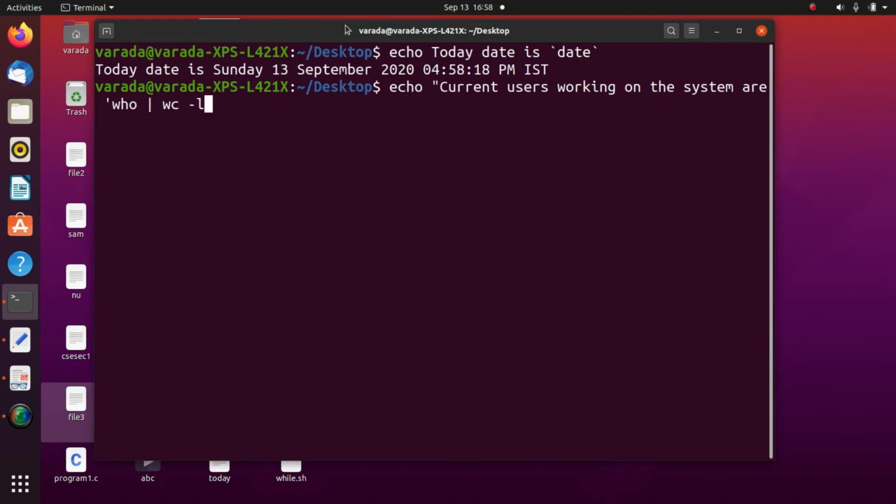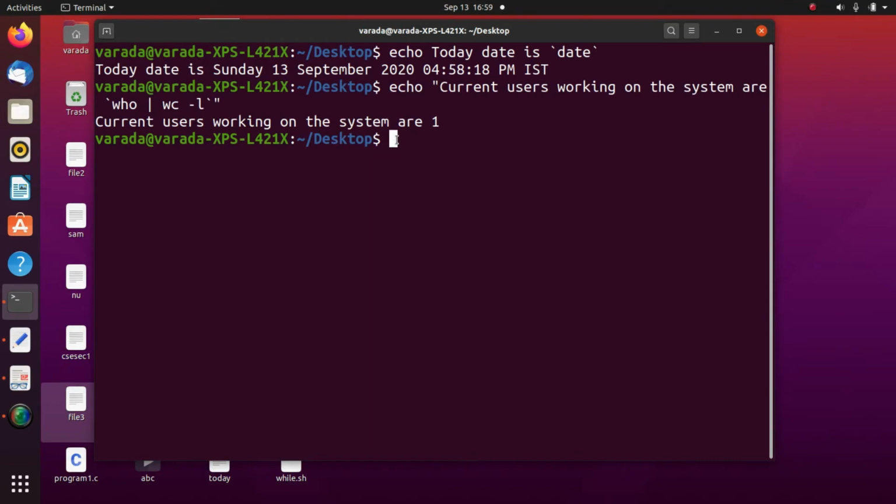I want to know the number of users, meaning the number of lines. Sorry, here we are using backquotes, and then the double quotation mark. That's it. The current users working on the system are 1. Currently I am the only one using it, so it prints 1.